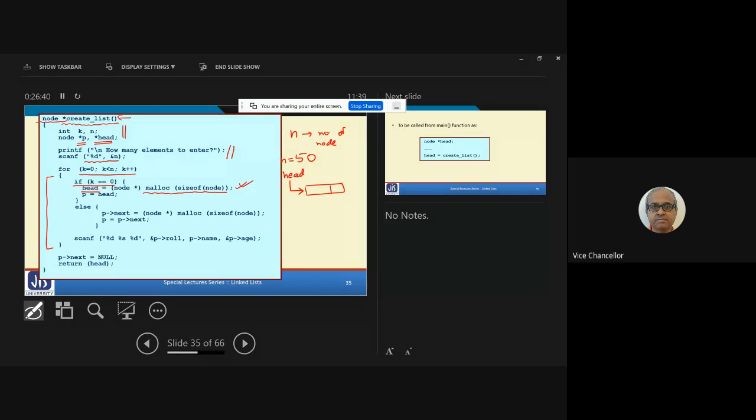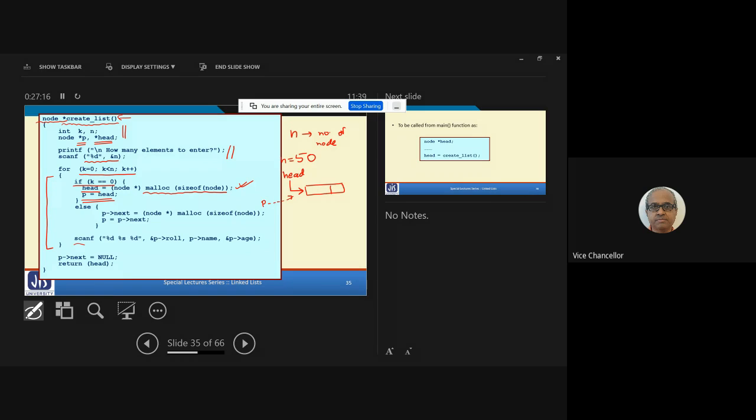And we are doing another thing. The other pointer variable P we are declaring, we are writing P equal to head. So this P is also pointing to the same place. P and head will contain the same value. So is this part clear? Yes. For the first element, when k equal to 0, you are creating space for one element, just assigning the return value to head so that head points here.